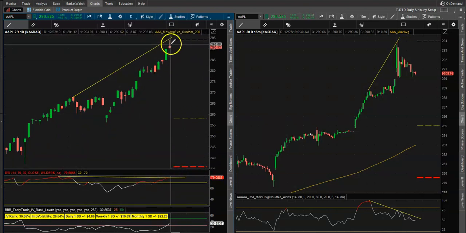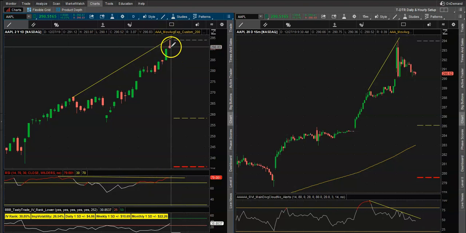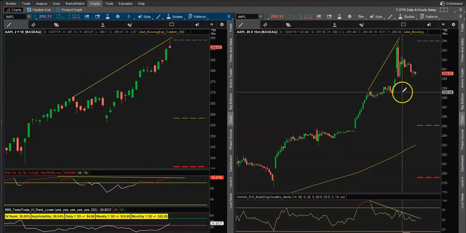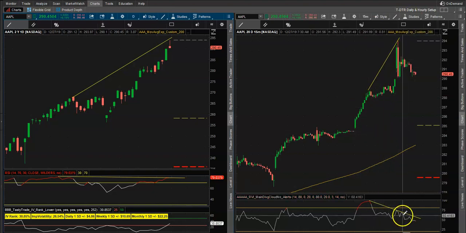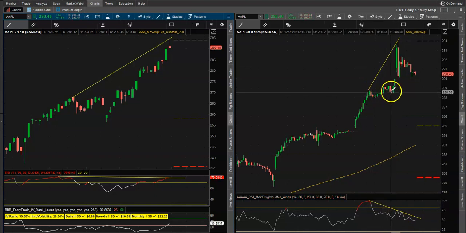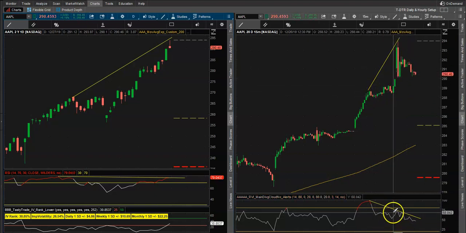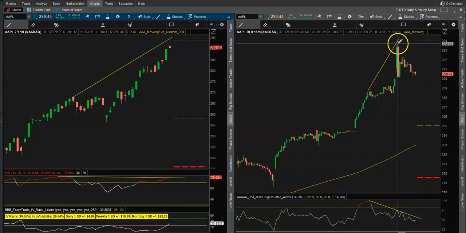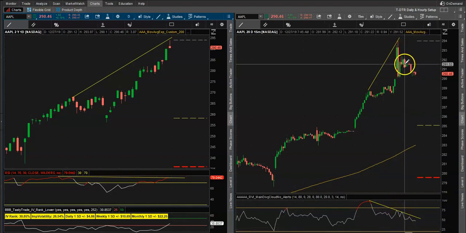So could this move lead to lower prices in Apple? Well, hey, we never know. But we need to start somewhere, and let's start with the 15-minute chart. On the 15-minute we make a high, pull back, then make a higher high, and then a lower high. Once you saw this divergence, and I called it probably up around this 292 level,